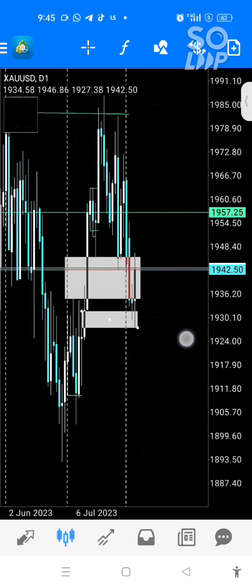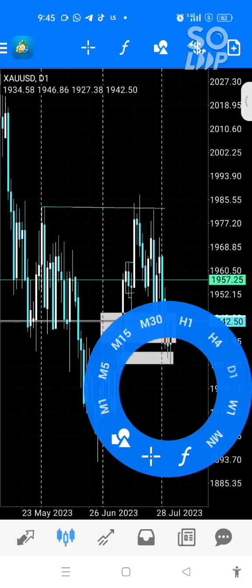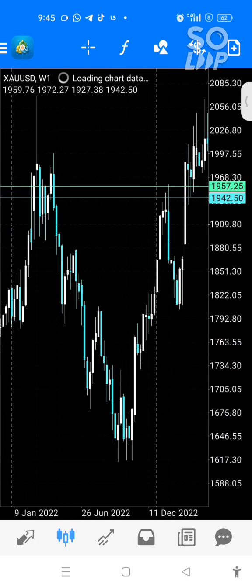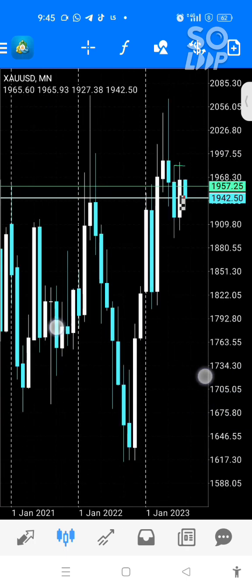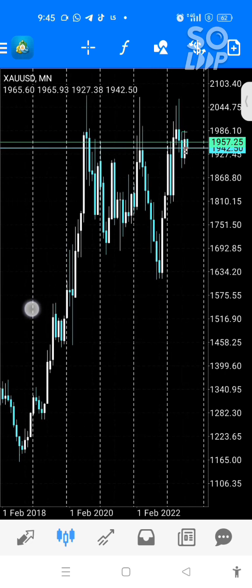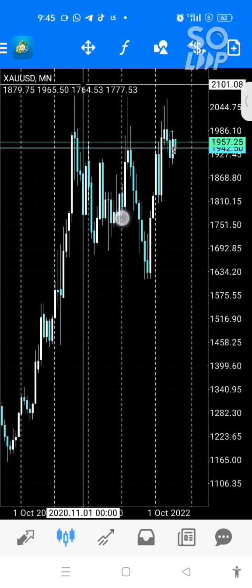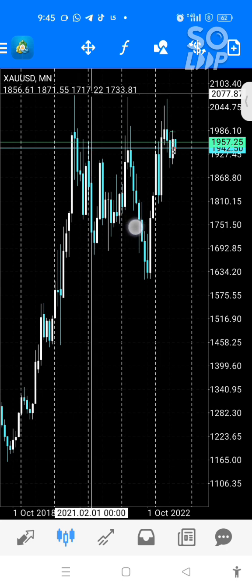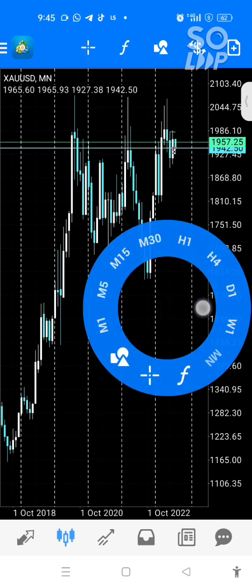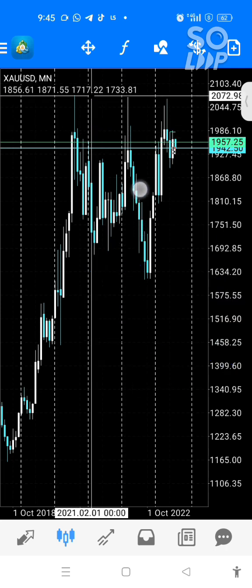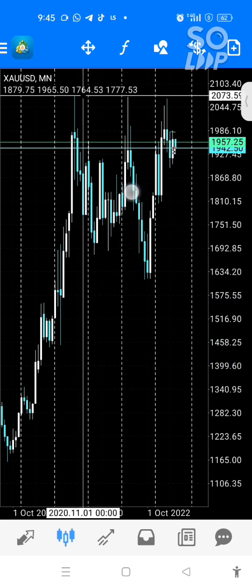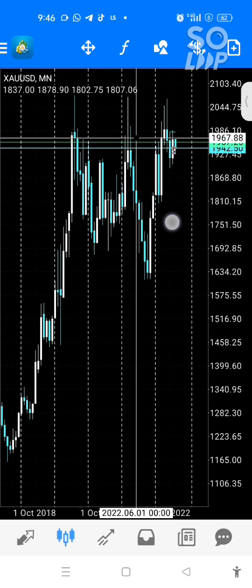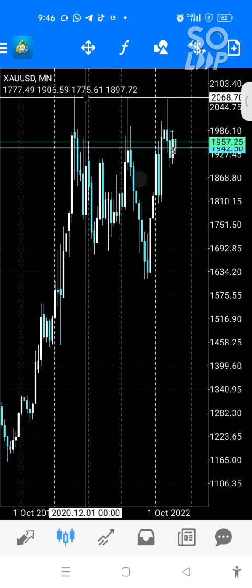So you see, the draw on liquidity I'm looking at is this equal high. This is where I'm looking at before gold becomes overall bearish. So I know some of you will want to hold gold till gold gets to this high. I don't know. It may not even get to this high this year. I'm just saying, but I trust that this high is what we are looking for.